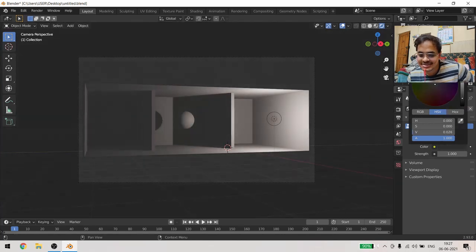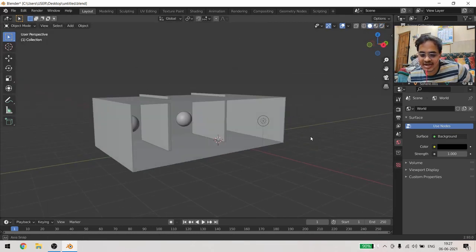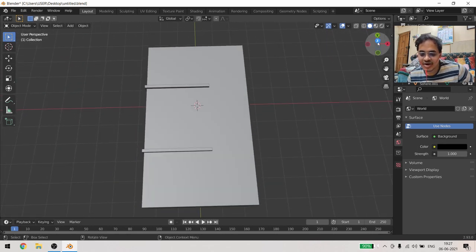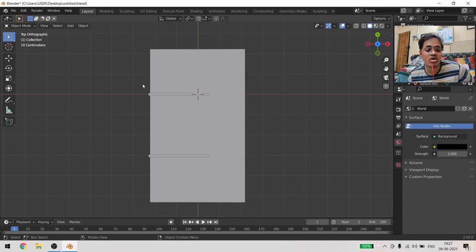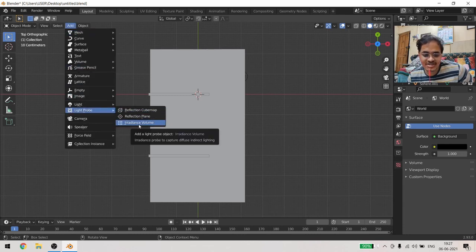It was something like this gray. I have completely brought it to black, and now I will go into solid mode, and here I will show you how I have kept the irradiance volume. Go to Add, Light Probe, and today's special guest, Irradiance Volume.